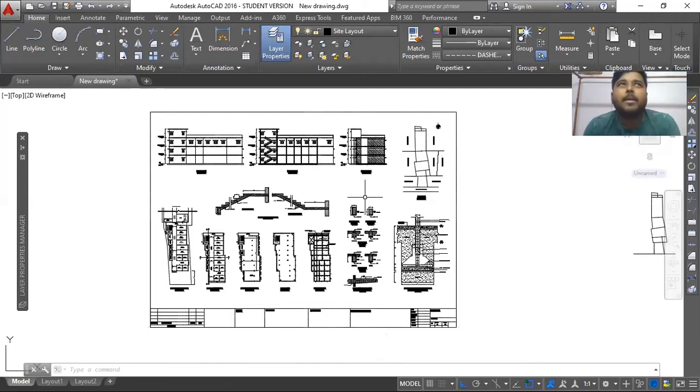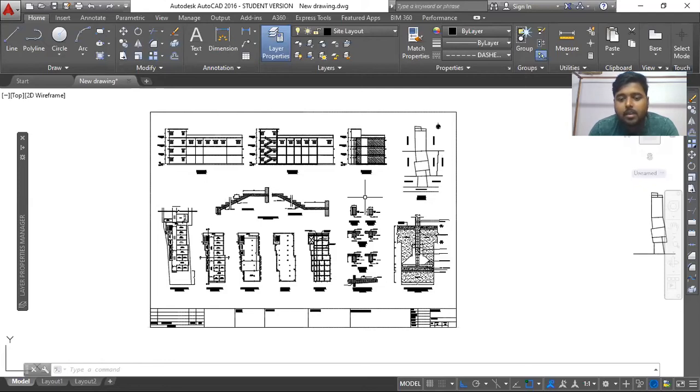And basically what happens in case of A4 and A3, there is not that much problem because the A3 is 2 times of A4. So there is not that much huge difference between that and the text size, even if it is doubled, it doesn't cause that much problem. But obviously your scale needs to be changed, because if your drawing is printed 2 times larger, so obviously your scale will be half, right?